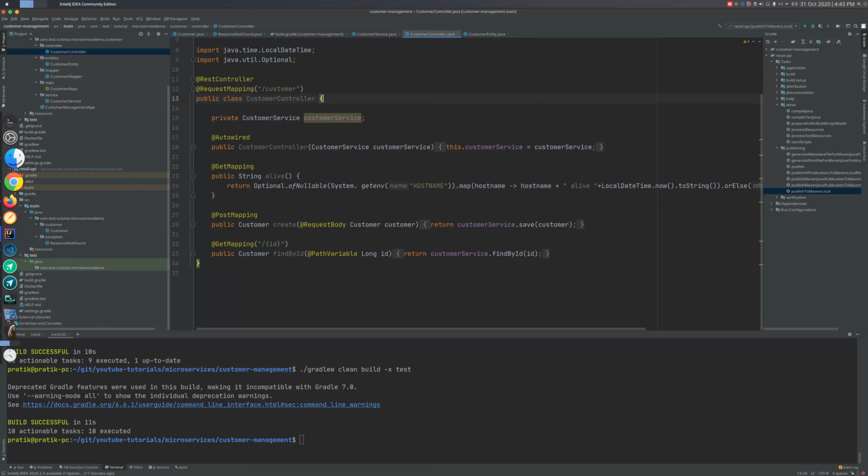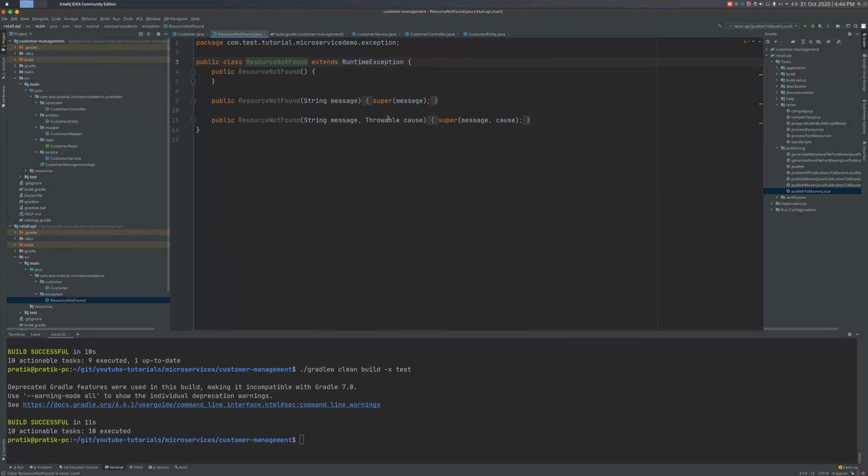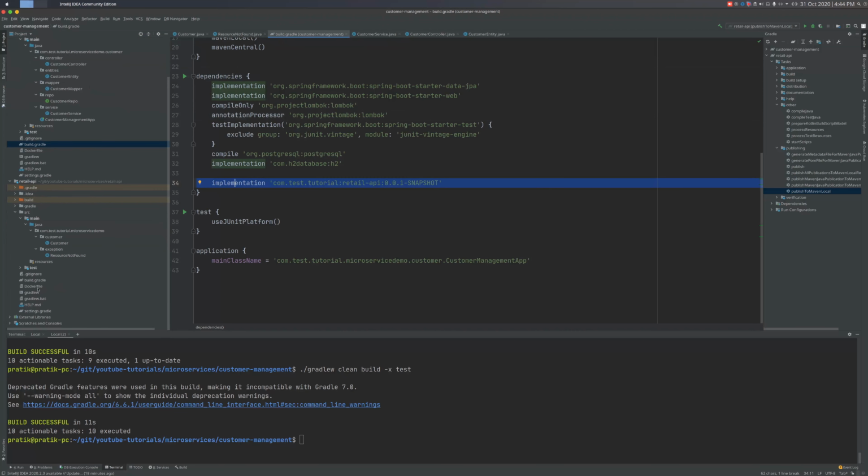So we have now reused this customer class, a transfer object, and this exception class. The purpose of this particular video is that we will be reusing this retail library in other projects as well. So it's better to keep it in one separate project rather than duplicating these classes in each of the projects. And we have added the dependency of this retail project in our build.gradle with this one,